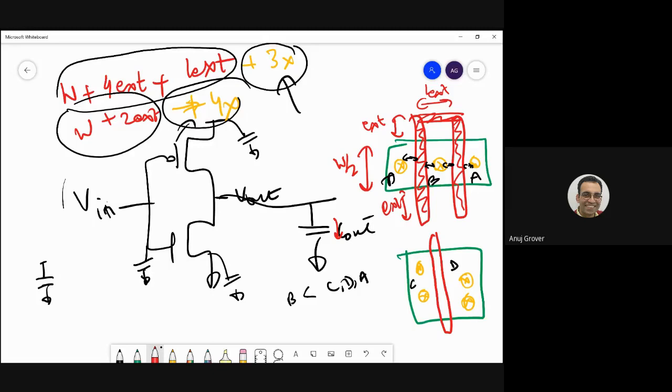But yes, you are right in the sense that if you make this very, very large, then you are also wasting area. Then I don't know why you would want to do that. But if you do that, yes, in some case, you will start to see higher capacitances. But what we did in the quiz was very realistic.